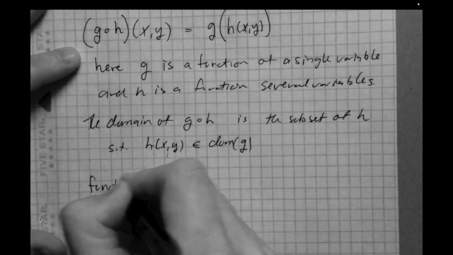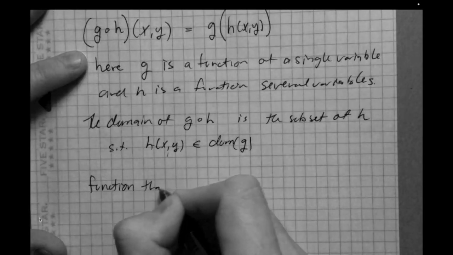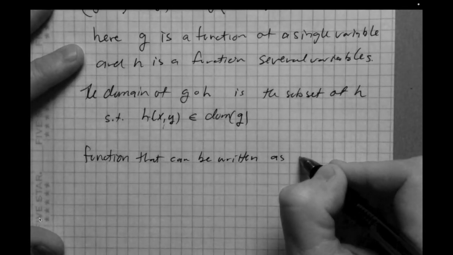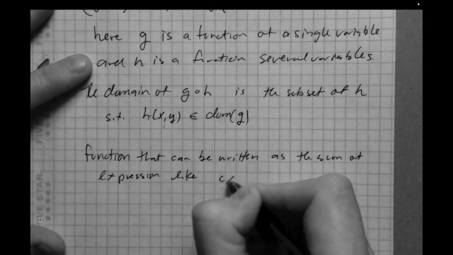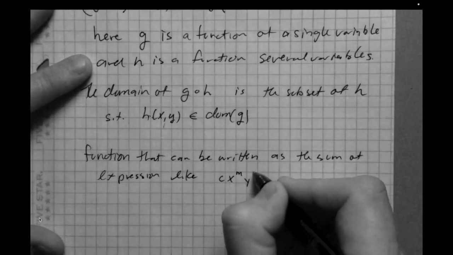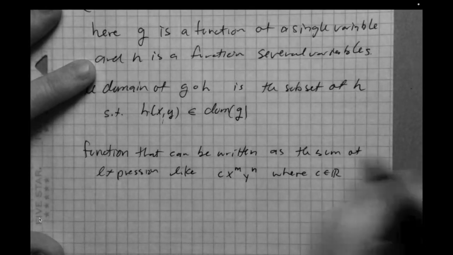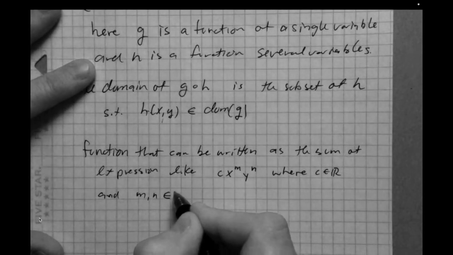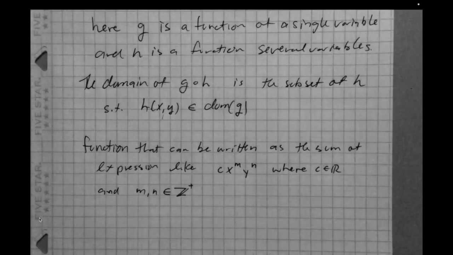So functions that can be written as the sum of expressions like some constant c times x to the m power, y to the n power, where c is a real number, of course, and m and n would be in Z plus, so the positive integers